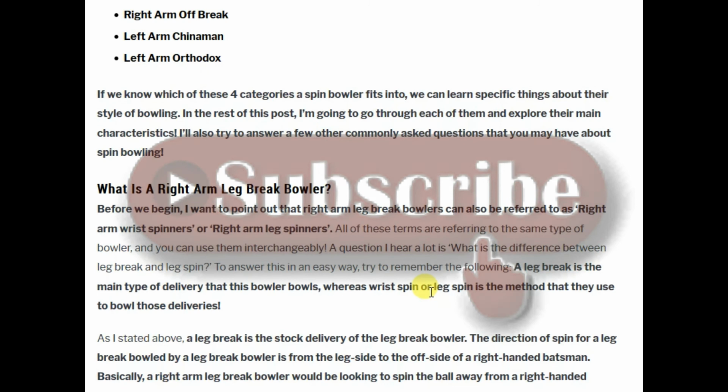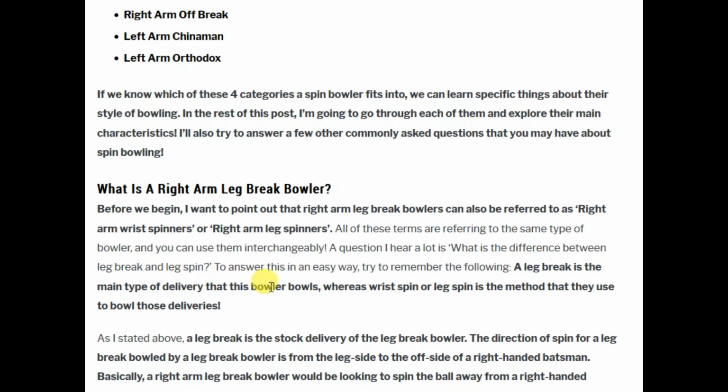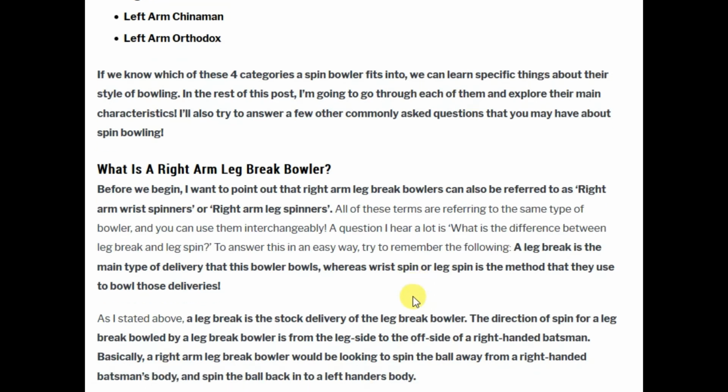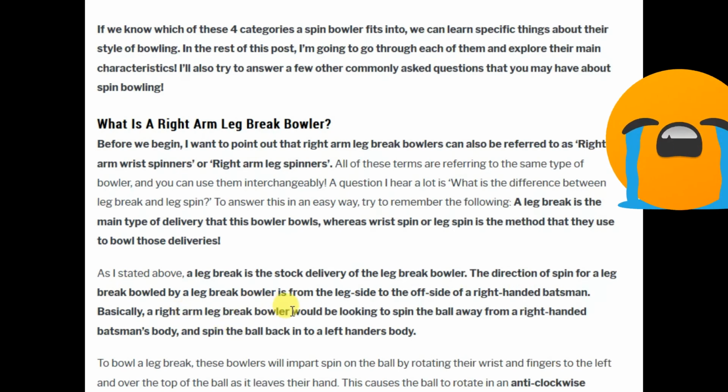whereas wrist spin or leg spin is the method they use to bowl those deliveries. From this definition, we can understand that leg break is the main type of bowling, and wrist spin or leg spin comes from leg break bowling. As I stated above, a leg break is the stock delivery of the leg break bowler. The direction of the spin for a leg break bowler is from the leg side to the off side for a right-hand batsman, but a right-arm leg spin bowler would be looking